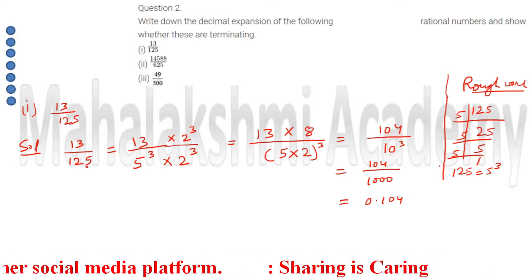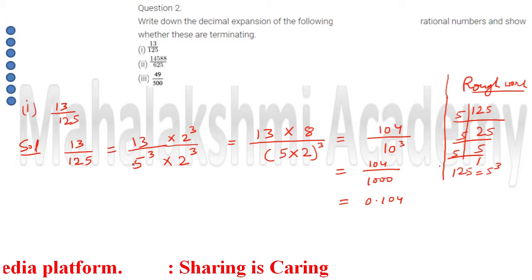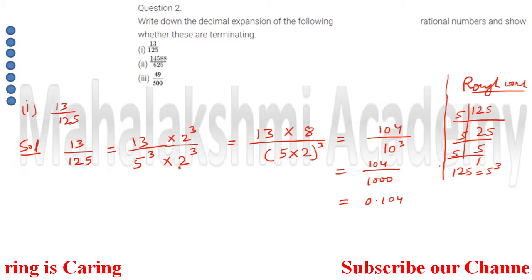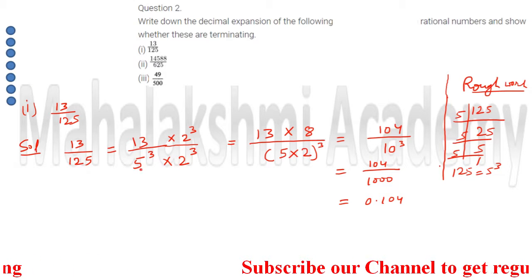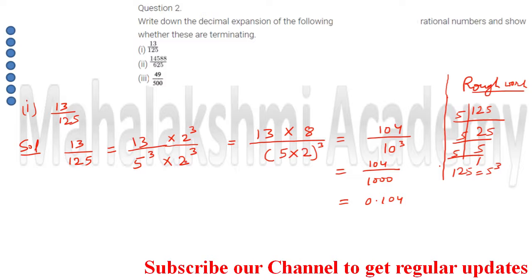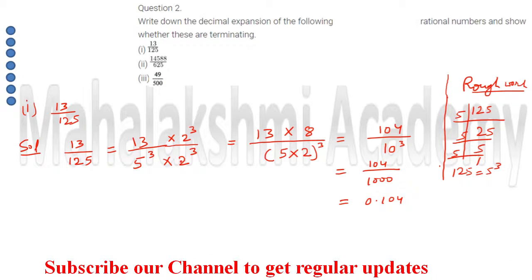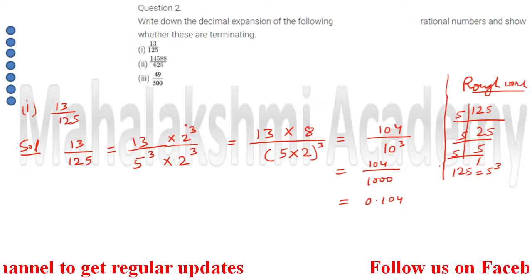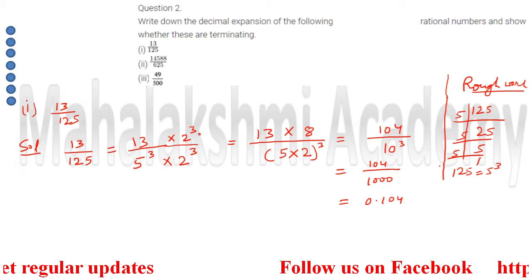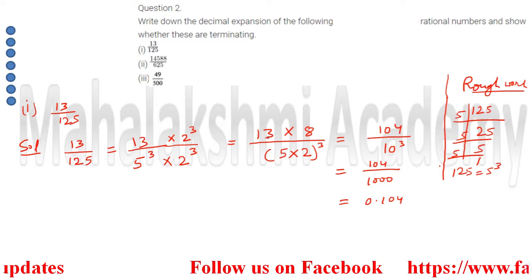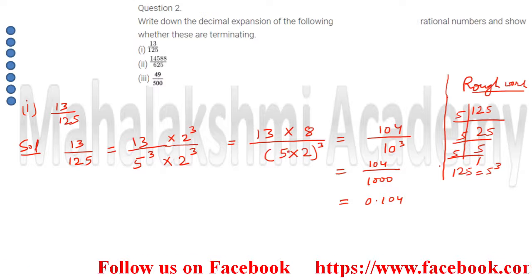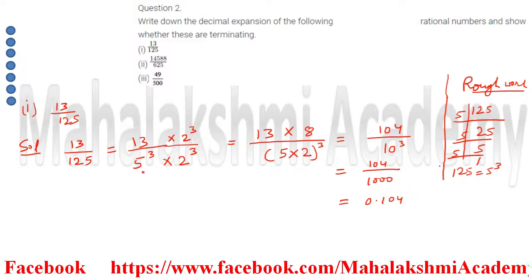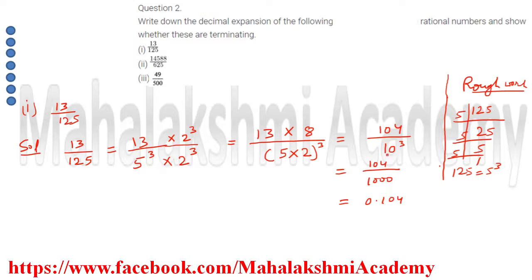So what we have done: first, after obtaining the fraction, we check whether we can reduce it by cancellation. After confirming it, we convert the denominator into its prime factors and then bring it to 10. To bring 10, we have to multiply by 2 to the power 3 in the numerator as well as in the denominator, because we have 5 to the power 3. After doing this, the numerator 2 to the power 3 is converted to its proper form. So you will get 8, then 13 times 8 is 104, and in the denominator, since the power is the same, the base can be written in the bracket, and so it's going to be 10 to the power 3.